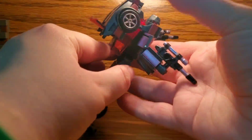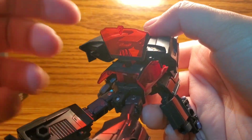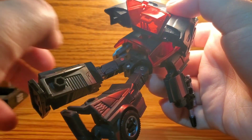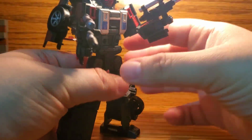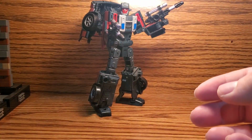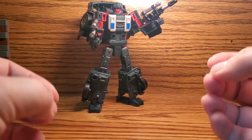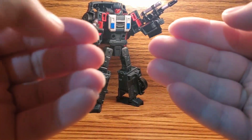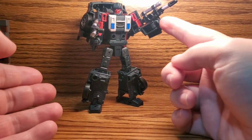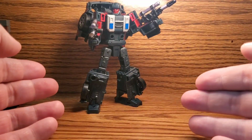Plus, something I didn't say when I was going over the details is that I absolutely love this trans clear red. As you can see, it casts a really nice shadow over the legs here as the light goes through it, as well as the inclusion of light piping. It's those little things that make sort of an older soul like me who grew up with Chug happy. It's just that there's not enough of it, and more than that, some of the aspects of the transformation, such as the wrists and the way the legs work, really just give me Combiner Wars vibes,